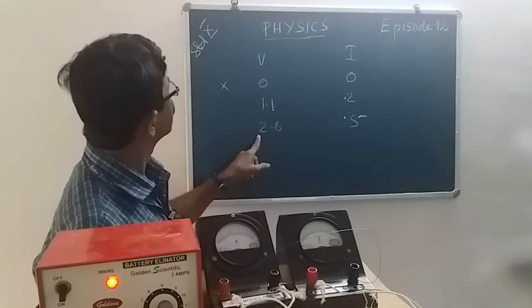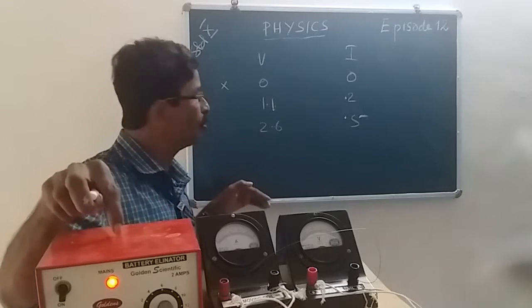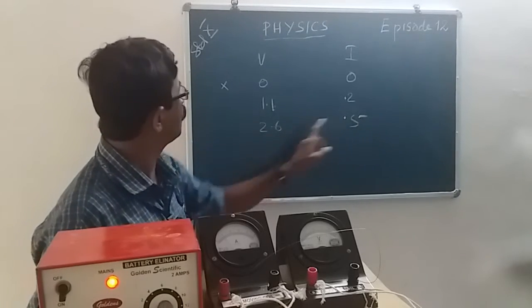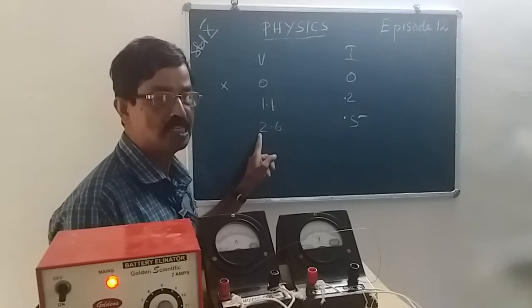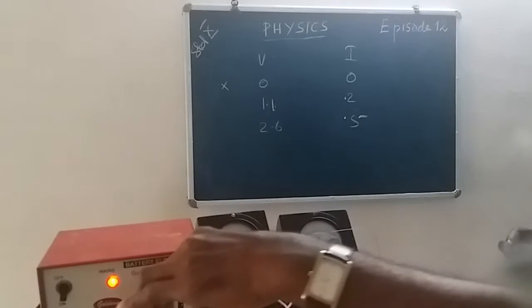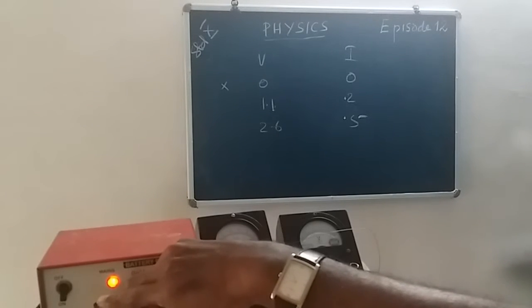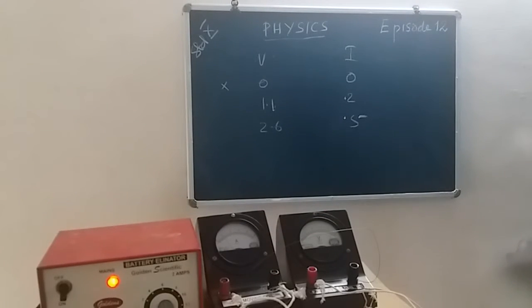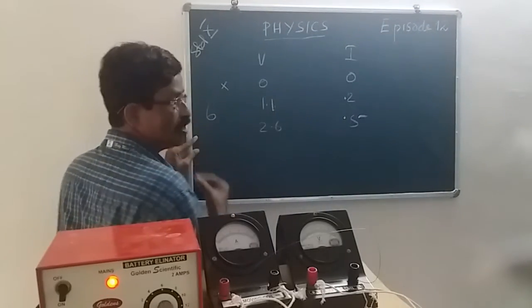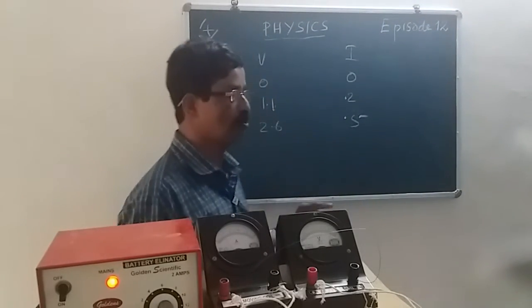Now when the applied potential is increased to 4, the current becomes 0.5 and the potential difference is 2.6. Now the applied potential is 6 volt,